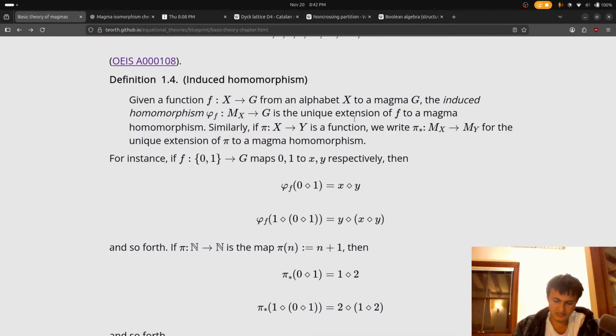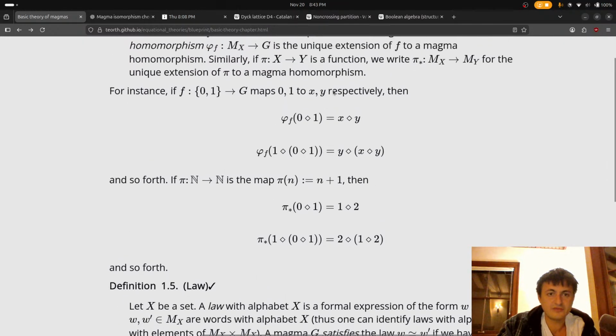Okay, so basically he's saying that we can also take a function between sets and extend it to be a magma hom, I guess? I don't know.